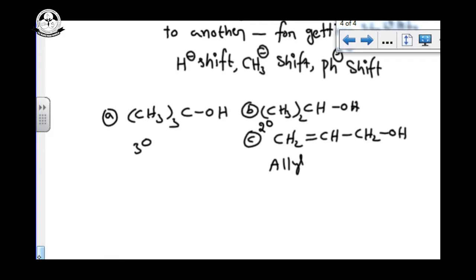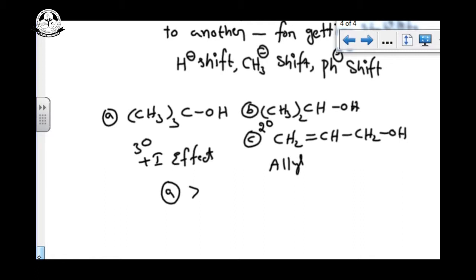For the carbocation stability order, I am giving one order. First we have to observe resonance, next inductive effect, and third priority hyperconjugation. First, the plus I effect: there are more plus I groups in the third degree, so it is more stable. The plus I effect is high, so A is more stable. Compared with the second and third, B and C, the second can show the plus I effect, but the third can show the resonance effect.